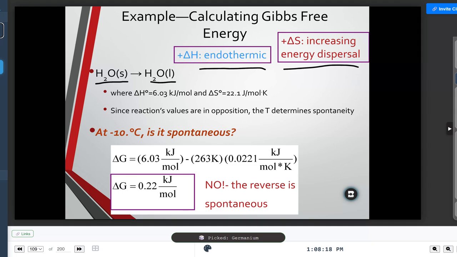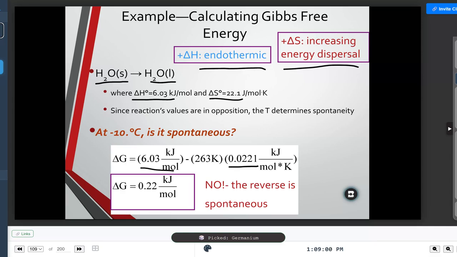So we can kind of get an idea of what it is, but we know that this is now a plus delta H and a plus delta S. So this is one of the things that is determined by our what? Temperature. Okay? And so what we're going to do is we're going to say, all right, let's plug in our value that we know for delta H. Our enthalpy of melting is 6.03 kilojoules per mole. Our entropy, we would have to look this up in the back of a book, is 22.1 joules per mole Kelvin. So we need to convert that to kilojoules, right? So we can see that being converted to kilojoules down here. And then we plug it in.